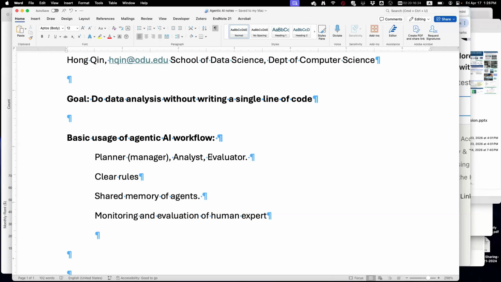You have to have a so-called compliance policy evaluator to make sure every rule is followed. So basically it's the same thing. For a very simple agentic AI workflow, you should have at least two or three roles. The minimum is two. One is the AI that actually does the work. The other is the evaluator that watches over that AI. That's the very basic setup of an agentic AI workflow.